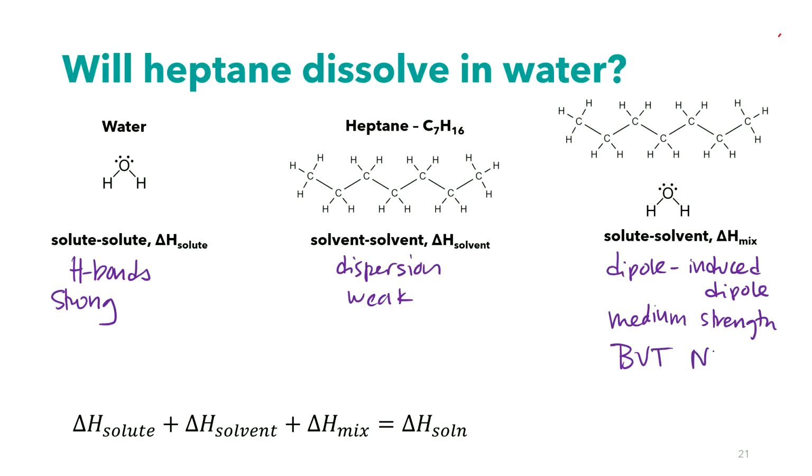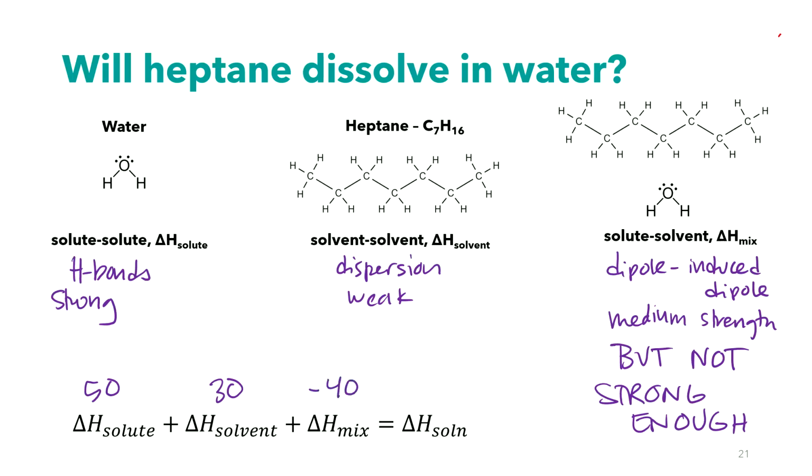But not strong enough. These two will not mix. So I guess this is at like 50, this is at 30, and maybe this one's at like -40, right? And we're still going to wind up with a big positive number, so big,